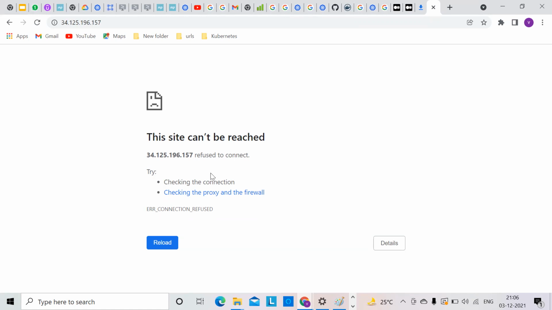In real time also, for those who are running their content on the HTTP service, if that service is stopped for some reason, then automatically you are not getting the site. So if you restart that service, then again